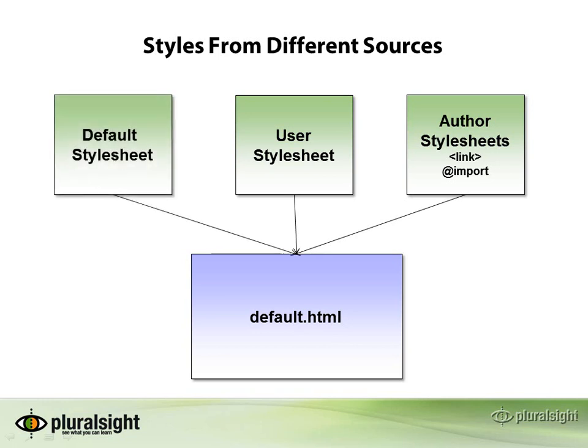Another set of implicit rules comes from the browser itself. We call this set of rules the default style sheet. You'll also see these styles referred to as the user agent styles, because in the CSS specifications, a web browser is called a user agent. These default rules tell the browser the default colors and fonts to use when there are no other style rules